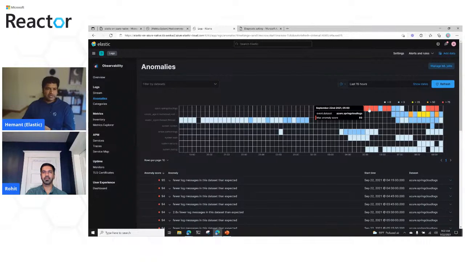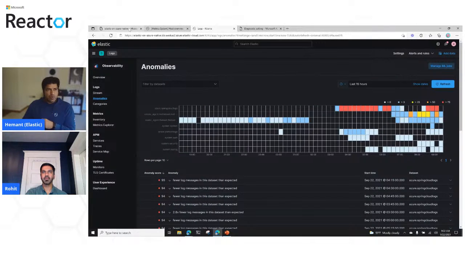And third, I quickly showed you an example of a specific service, Azure Spring Cloud, where you get an end-to-end experience by sending the logs and then also looking at the dashboards and visualizations that are turned on by default. I concluded with machine learning and anomaly detection capabilities in Elastic that can be leveraged and used for all these different data sources that you have started streaming in, leveraging the native integration.